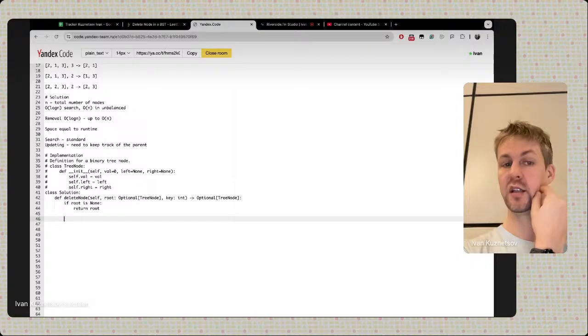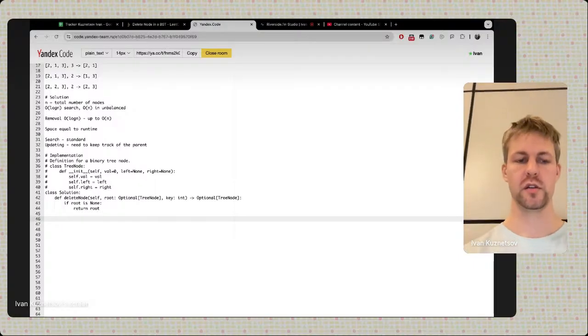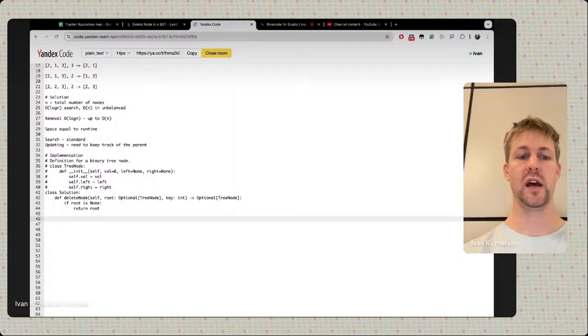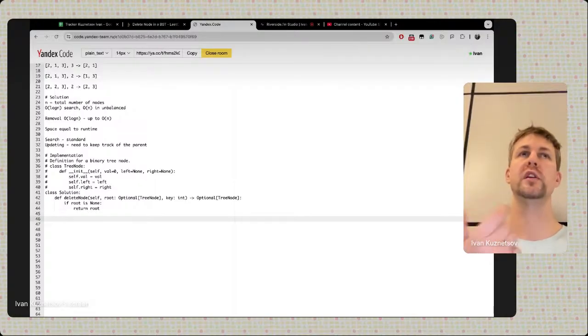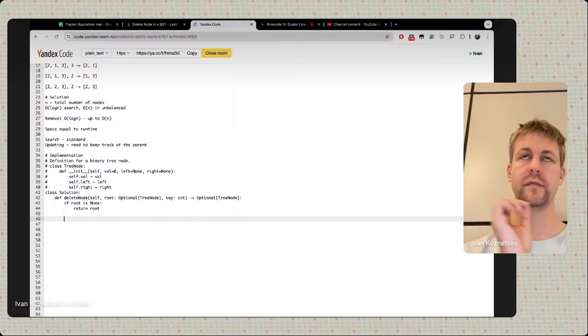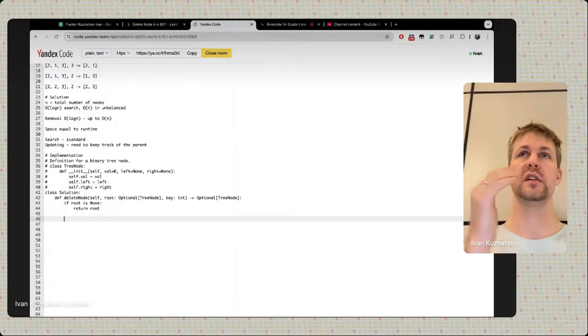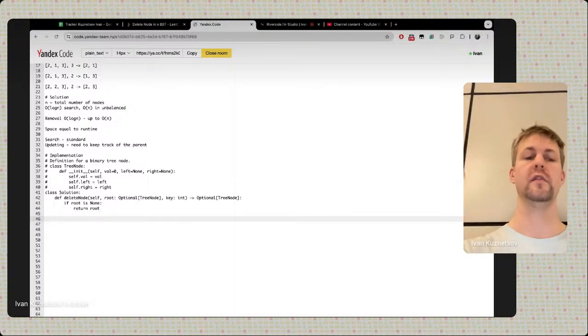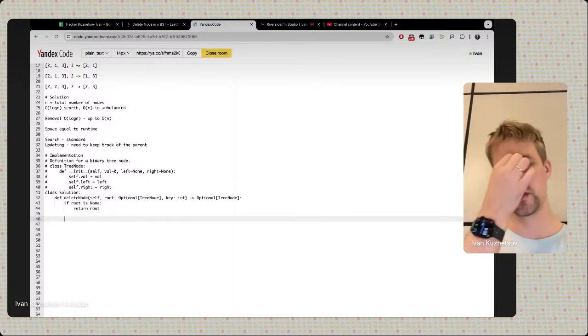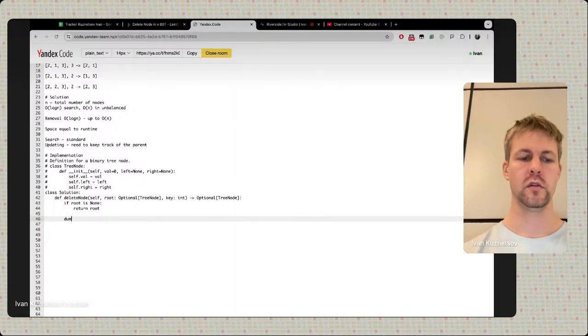We will need to create a dummy parent, so that if we need to remove the root of the tree itself, we will still have some parent to refer back to so that we can update the whole tree structure. So dummy equals TreeNode,